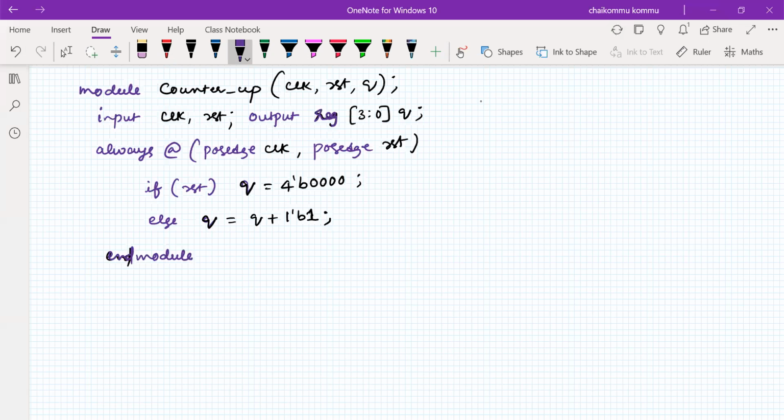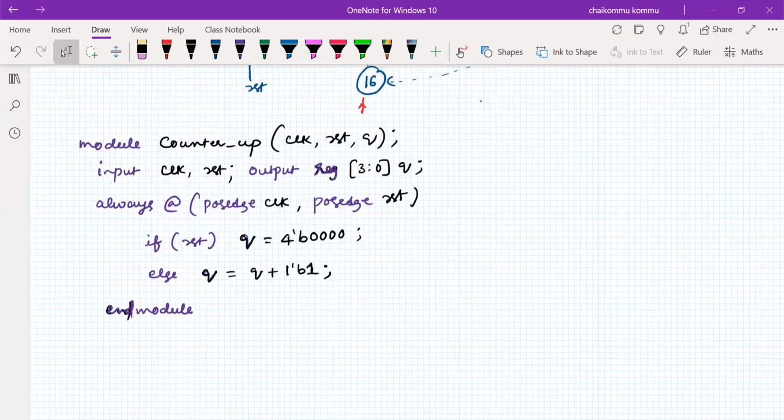Is it clear? So this will be a repeating process. Once it comes, this is actually the maximum count of the value. But the question is whether a specific count is applicable or not. For example, here 16 counts can be done, and after that it will come back to 0 and again do the same. Can we specify an exact value for this, or mention it also?